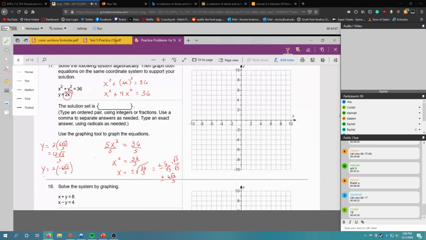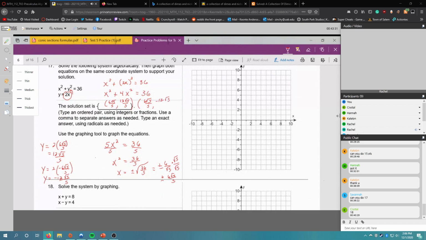So y is going to be negative 12 square root of 5 over 5. So you're going to have two solution sets. So you're going to have x is 6 square root of 5 over 5, y is 12 square root of 5 over 5, and x is negative 6 square root of 5 over 5, y is negative 12 square root of 5